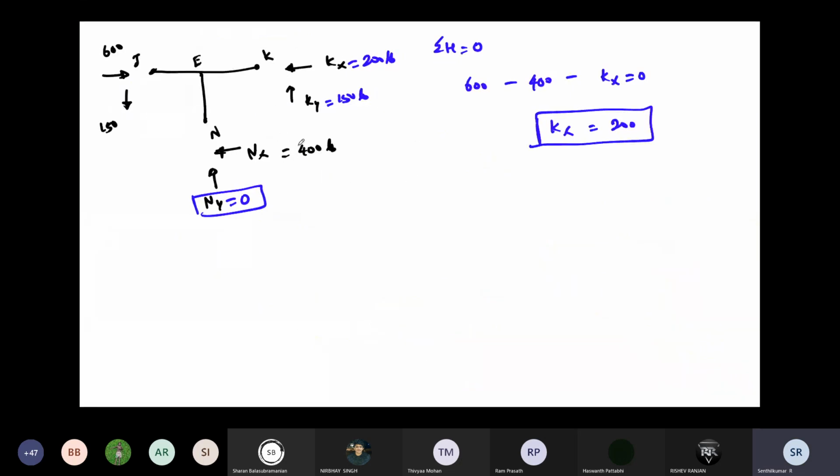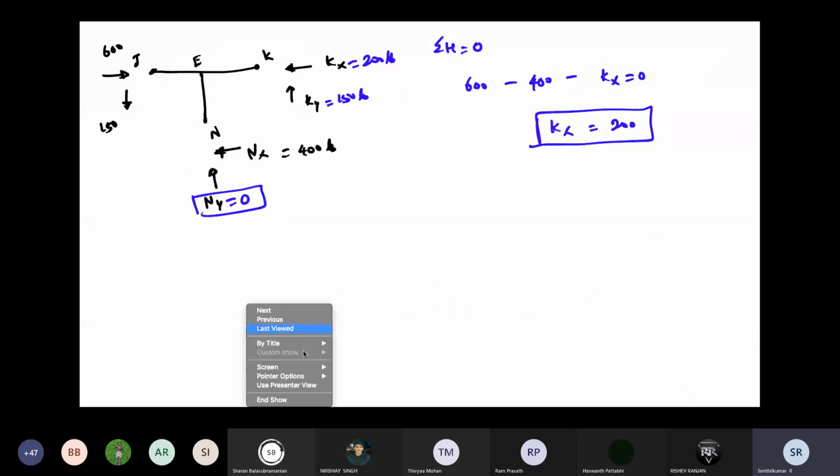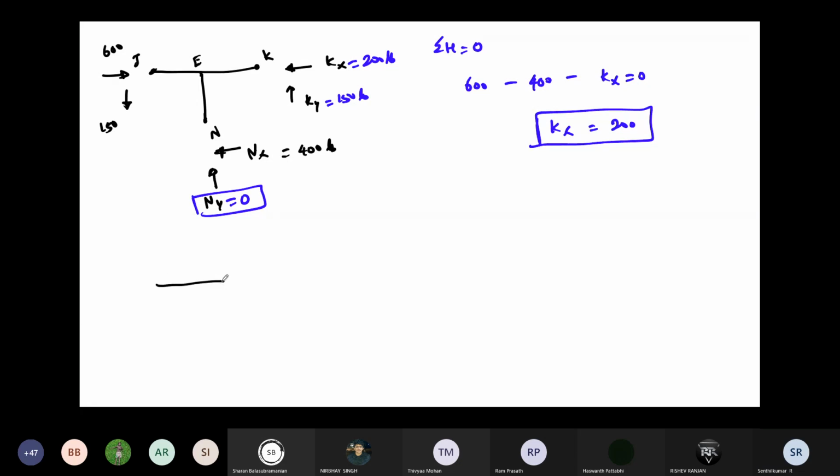So everything we found out: Ny, Nx, Ky, Kx, and this term. So finally we are having this internal segment, right? Finally we can take the final segment, KGO. So we just discussed here. So K value here Kx, this is opposite, Kx 200. And then this is upward, so it is a downward 150. Then here again we have to find out what is Ox, what is Oy.